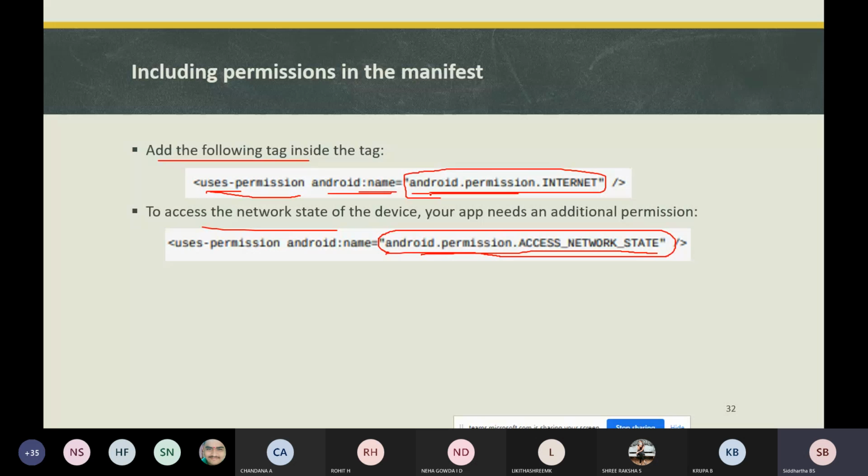Next, you need to connect and download the data. As I said, you are going to perform the operations on the worker thread when you have network transactions. For example, in the previous session, as I said, while performing a network background task in an AsyncTask, we will be using the doInBackground method.